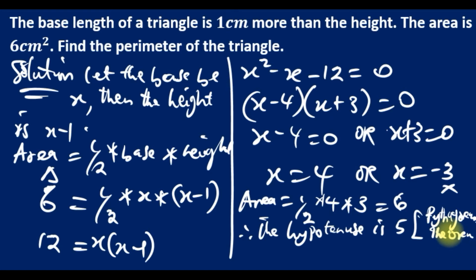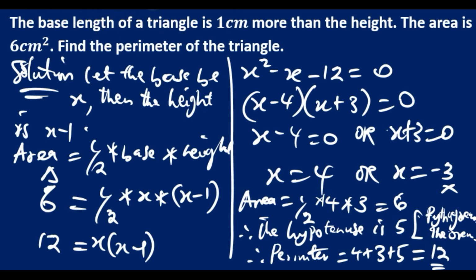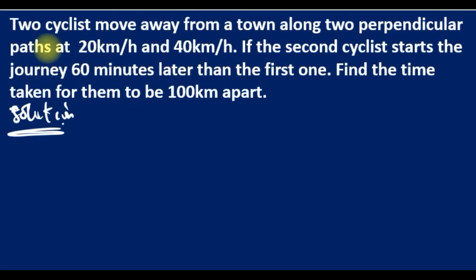So therefore the perimeter is now 4 plus 3 plus 5, which is 12. So that's the answer. They say two cyclists move away from a town along two perpendicular paths at 20 km